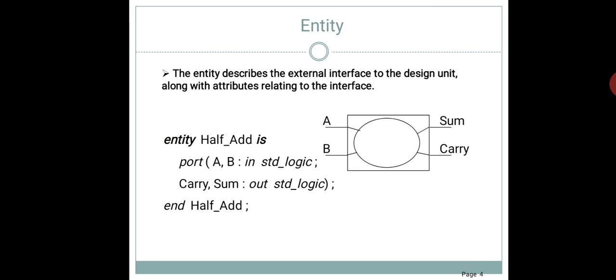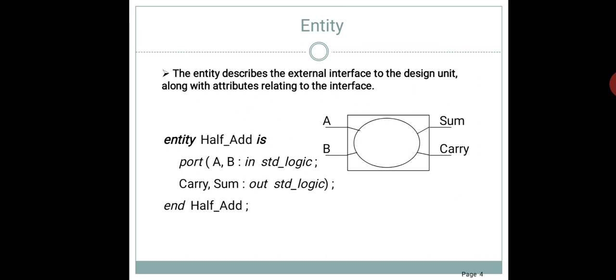Now let us take an example of a half adder in which A and B are the inputs, and sum and carry are the outputs. In order to define these interfaces or pins, the entity should be written. The entity is defined with the help of the keyword entity followed by the user defined name of entity.